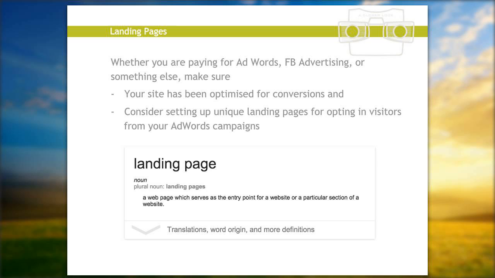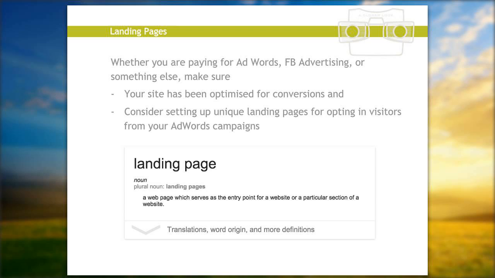The thing about landing pages is that they're kind of like this intermediary between what someone's clicked on and where they're going to. It kind of warms them up. And your website is your website, whereas a landing page, you can create a very personal message to someone that's just clicked on an ad, which can engage them a whole lot more than if you just send them to the home page of your website.